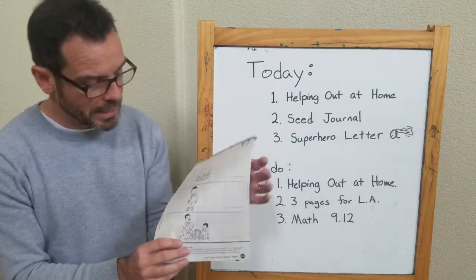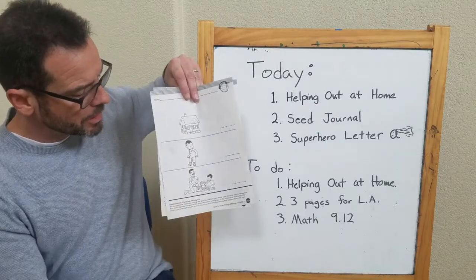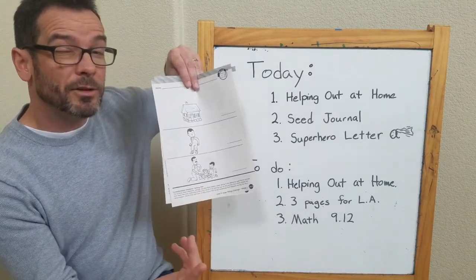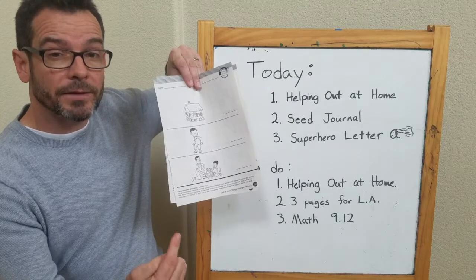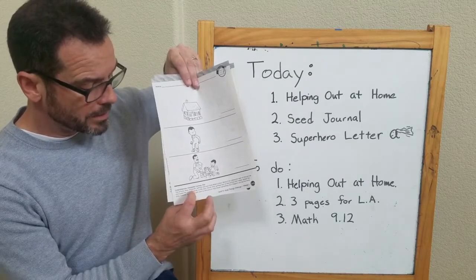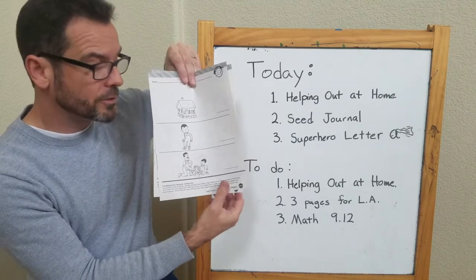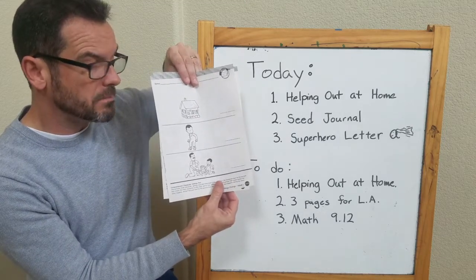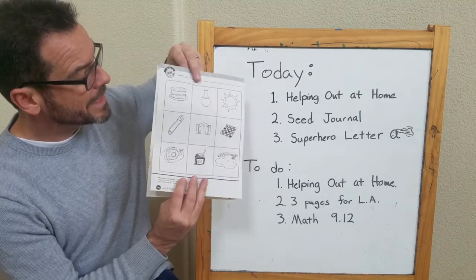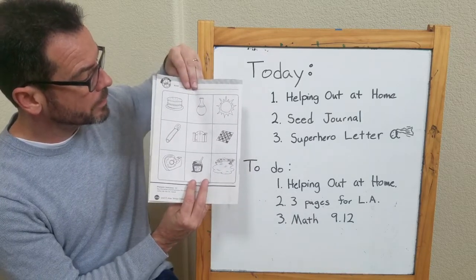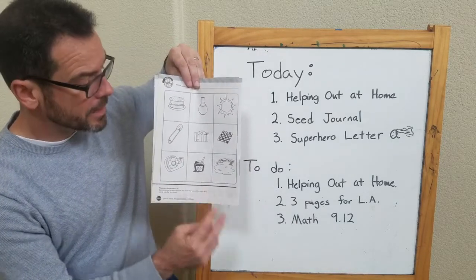This first page right here is actually on the book Peter's Chair. If you want to read that one again, you can go ahead and look at the video on that. This is just about character, plot, and setting. Your parents can read the directions for you, and it's a pretty simple one. The second one is on our superhero letters, the superhero letter A. Some of these pictures